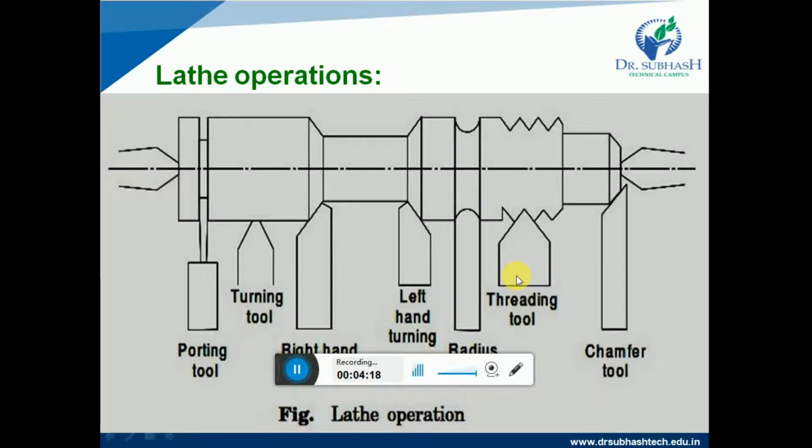There are many different methods for taper turning operations. The first one is taper turning by form tool. We can also perform it by swiveling the compound rest, by the tailstock set-over method, and by a taper turning attachment. These are the different methods to perform taper turning operations, right? The next one is by chamfer tool, which you can also see in the figure.